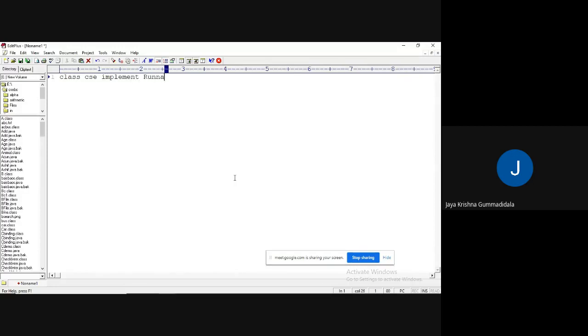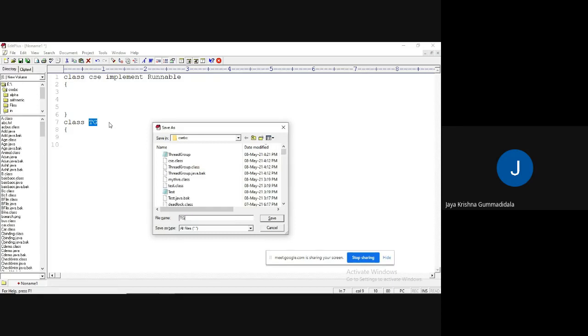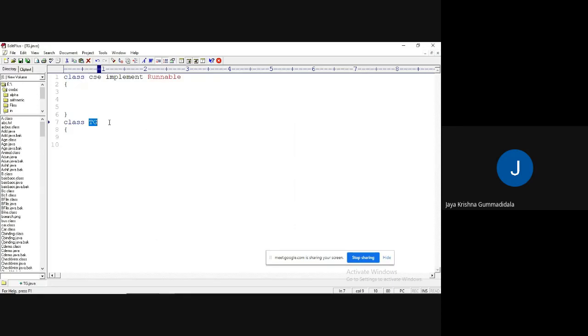I have shown various examples related to the thread class. I would like to implement the main class, thread group. I can save this first, dot java.